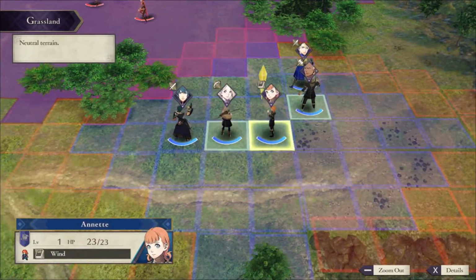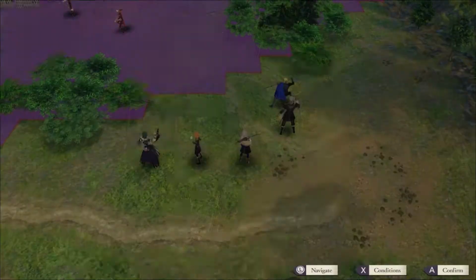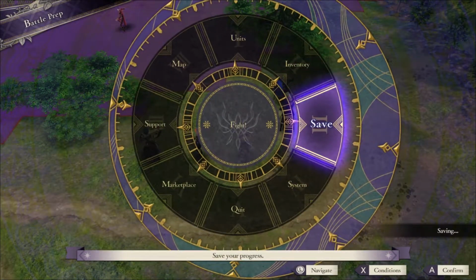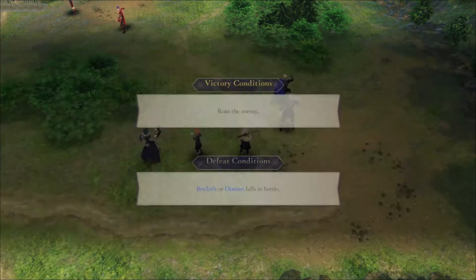Let's go ahead and put Annette there, and Mercedes will do fine there. Oh yeah, Annette's also handy because she can rally strength for her teammates, so even if she can't use magic...